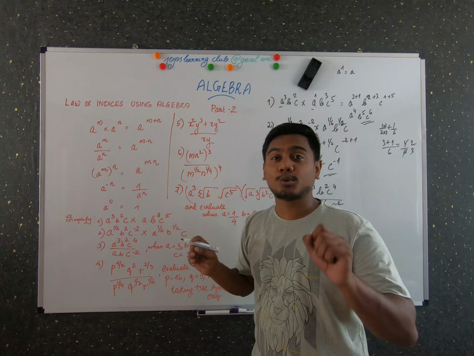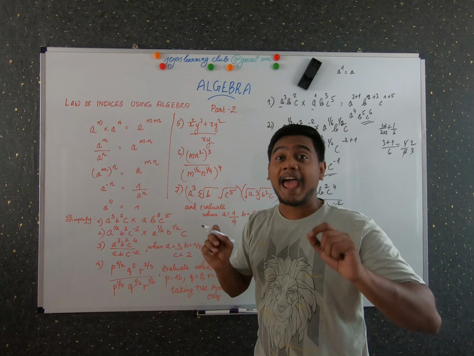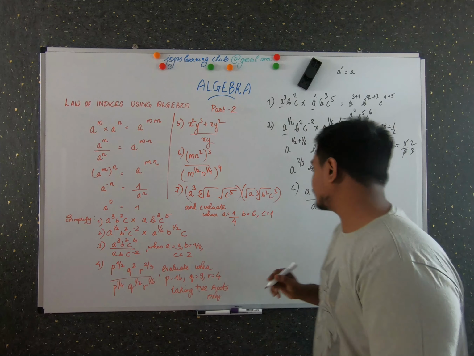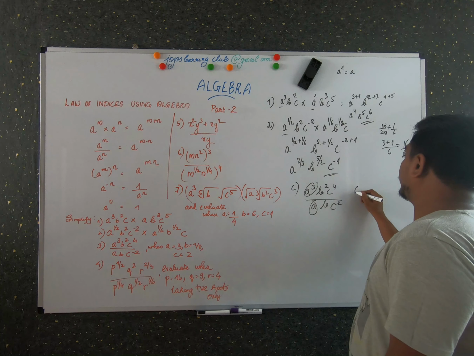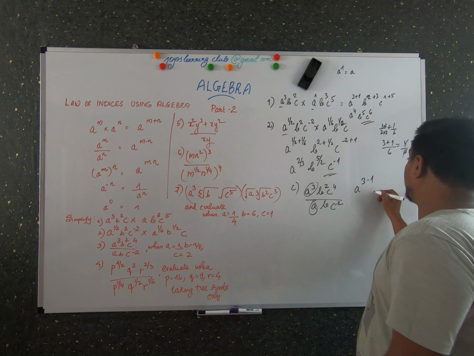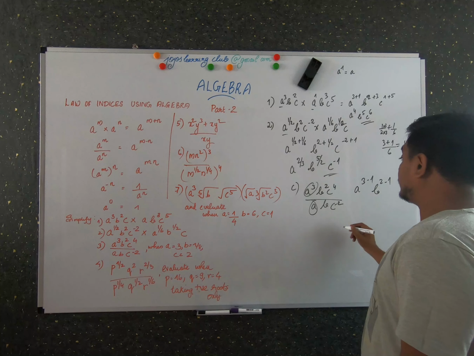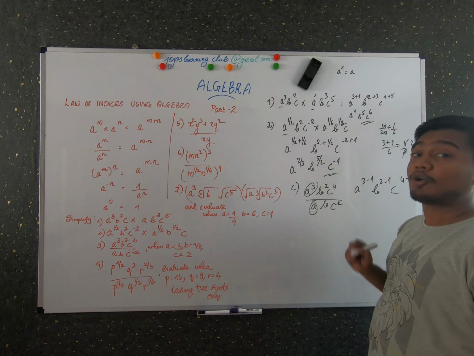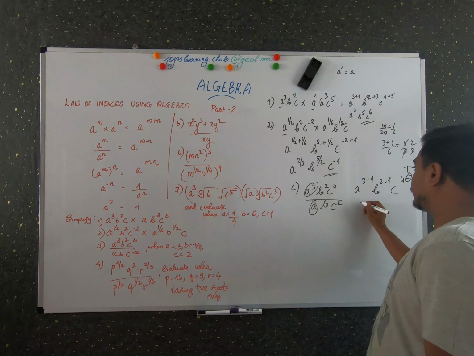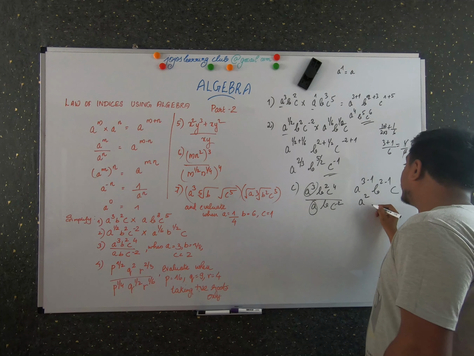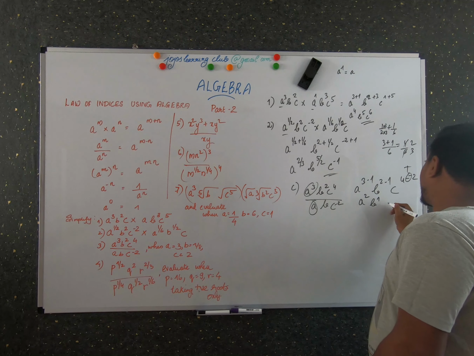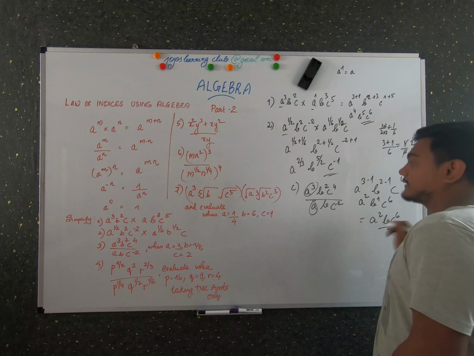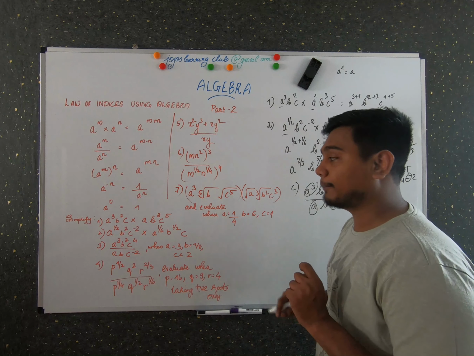When you have two numbers with the same base and they are divided, then their index values are subtracted. So let's take here a cube. So a raised to 3 minus 1. Again here b raised to 2 minus 1. Here c raised to 4 minus 2, plus, so you can make it a plus here. So the value would be a squared b raised to 1 and c raised to 6, which is the same as a squared b c raised to 6. So this is the answer for problem number 3.